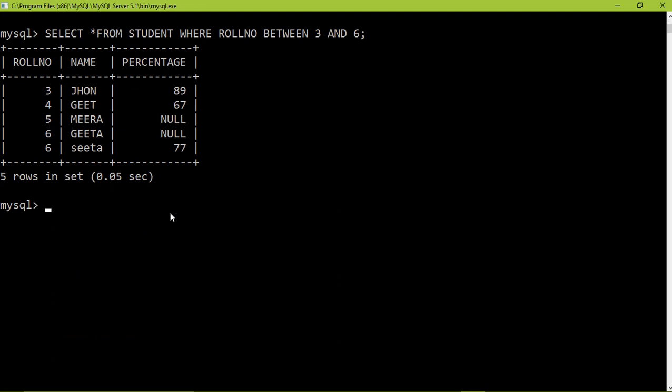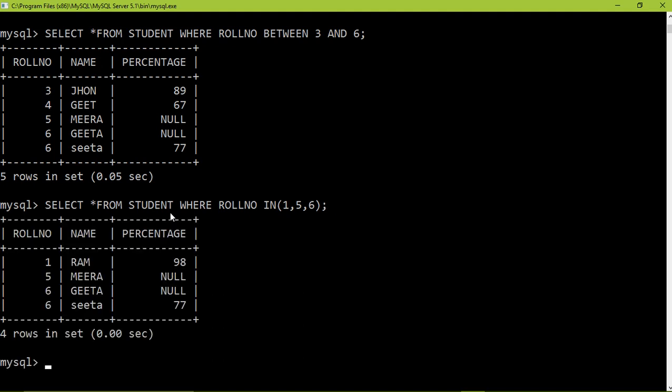Fine. So next is the use of in. A condition based on a list, you are giving the in operator and the not in operator now. So select star from student, I'm using the same with a little bit of modification, where roll number in. Now I'll specify whichever roll numbers I write here will be accepted.